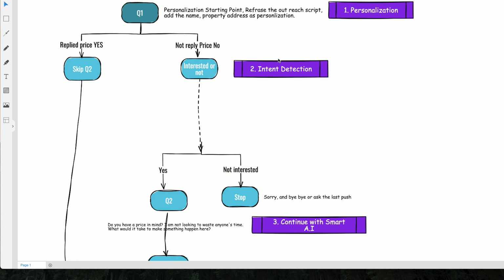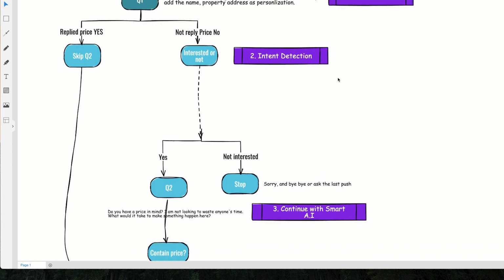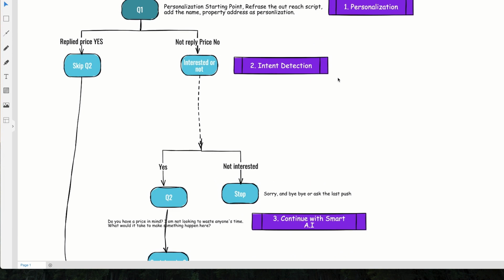And the second point is anytime in your conversation, we can detect the user's intent. For example, in real estate, we will detect if the user has a price in the reply or not, and we will also detect if the user is interested to sell or not.